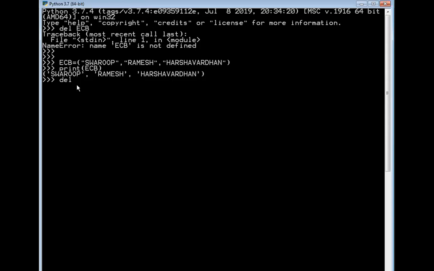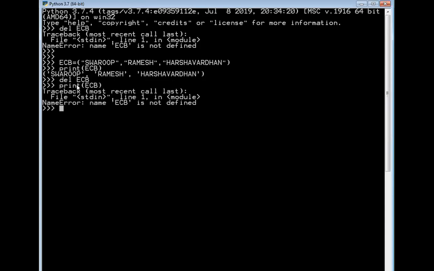The tuple name that I have given here is ECB. After using the DEL command, when I try to print ECB, you will clearly notice that you get an error.